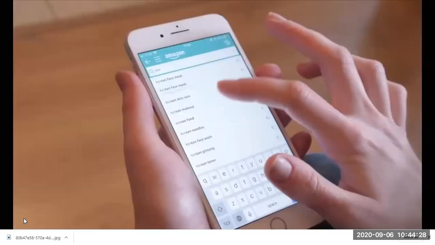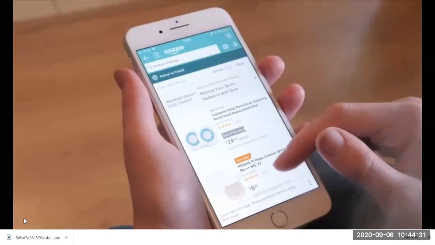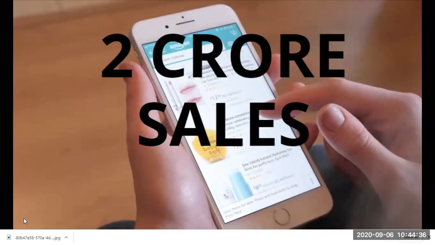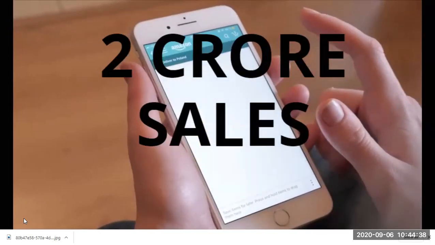Next, if you consider Amazon, whether during this pandemic or before it, Amazon has sales in a minute, within 60 seconds, of 2 crore. You have to imagine 2 crore in sales in a single minute. That means you have to imagine how much they will make in 1 hour, in 1 day. That is the reason. Who is the CEO of Amazon? Anyone having clarity about that? He is the richest person in the world. Who is that person? Very good. Jeff Bezos. Guys, don't you think if he is earning 2 crore in a minute, 100% he should be a billionaire.